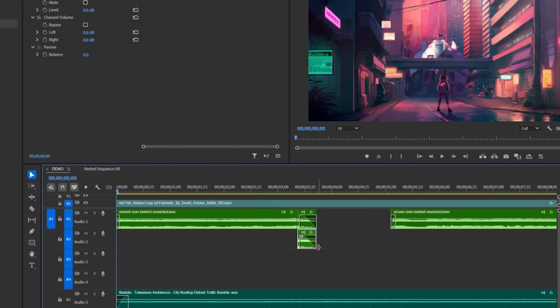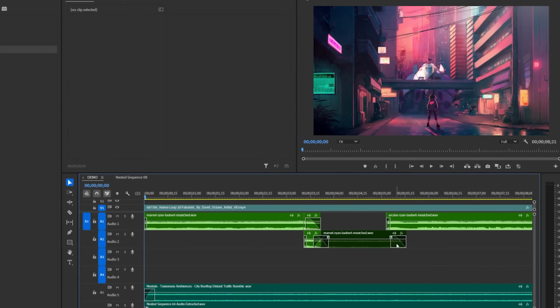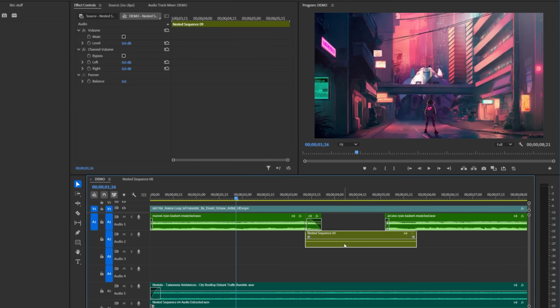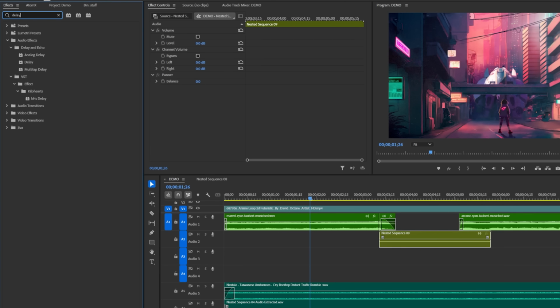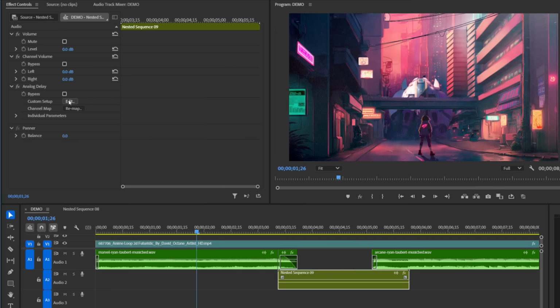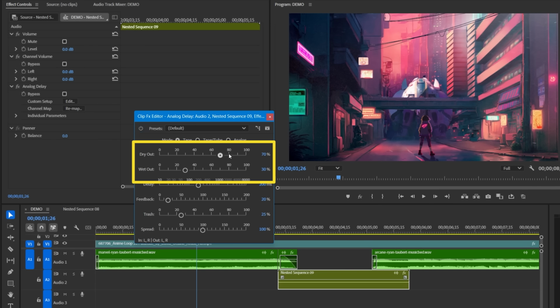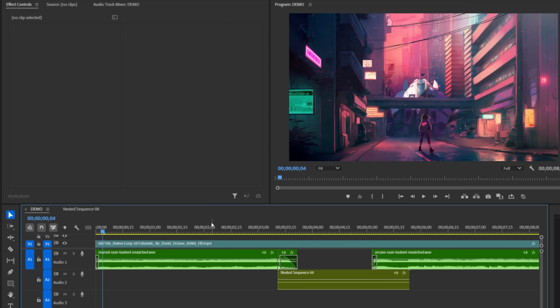How about we take this to the next level? So I've switched up both the songs for this example and created the same setup as the ring out effect. But instead of adding a reverb to this nest, I'm going to add the analog delay effect instead. And this is used for creating an echo effect. Let's open up the settings, bring dry down to 0 and wet up to 100 like we did with the reverb. And if I hit play,